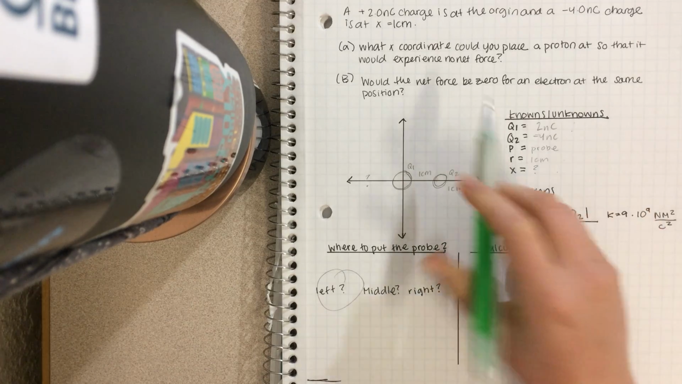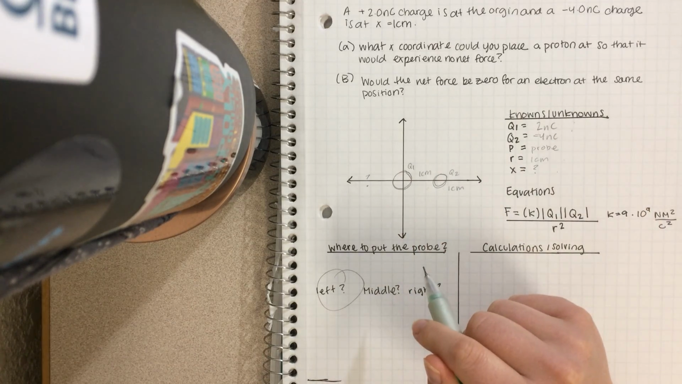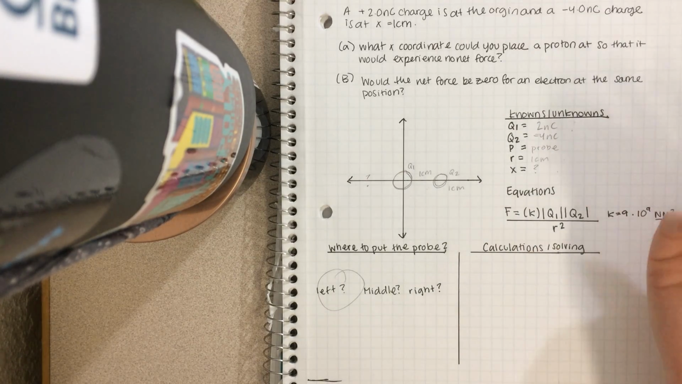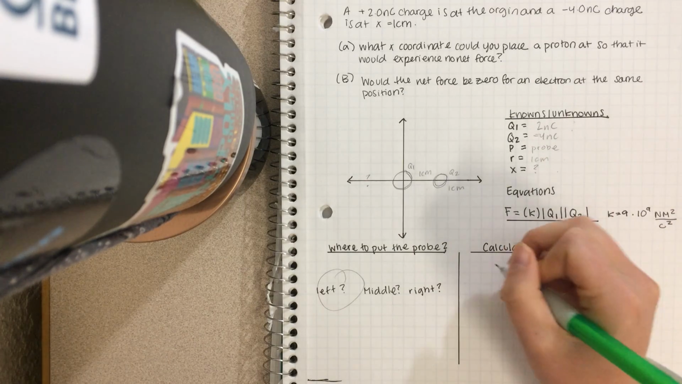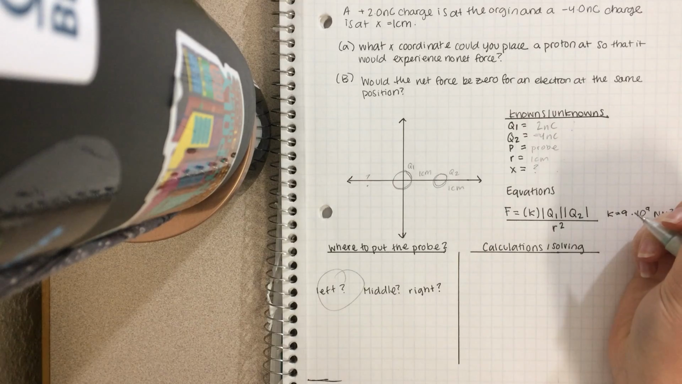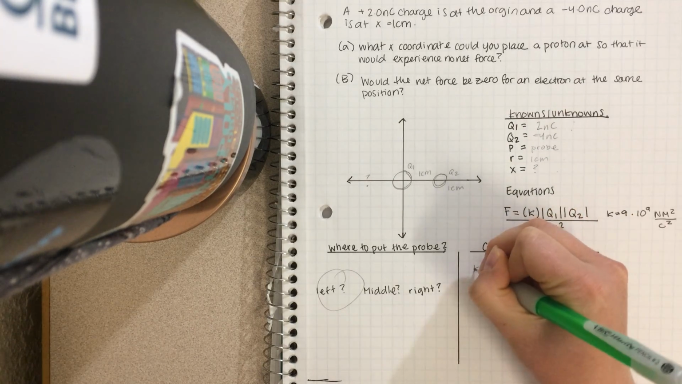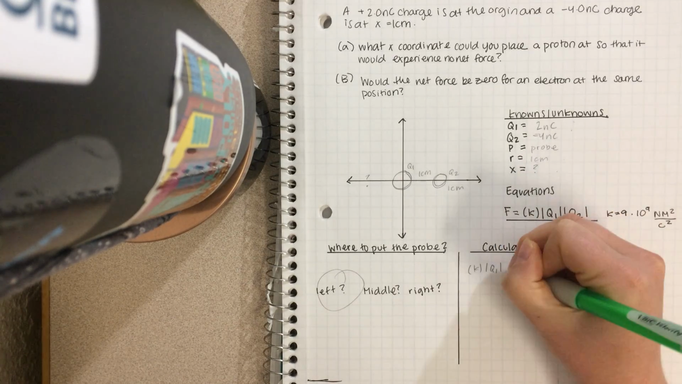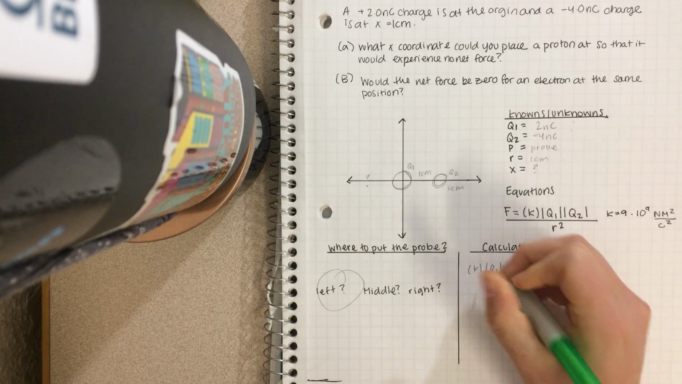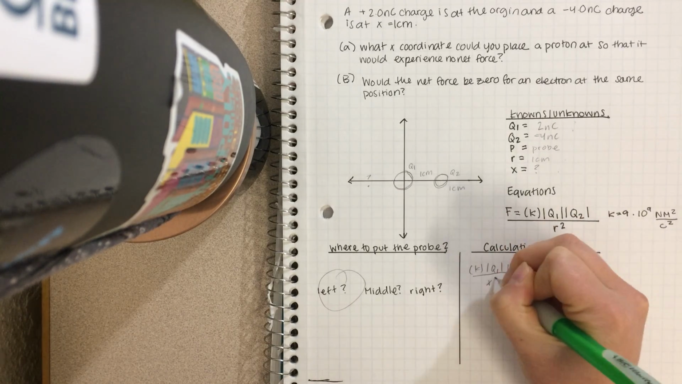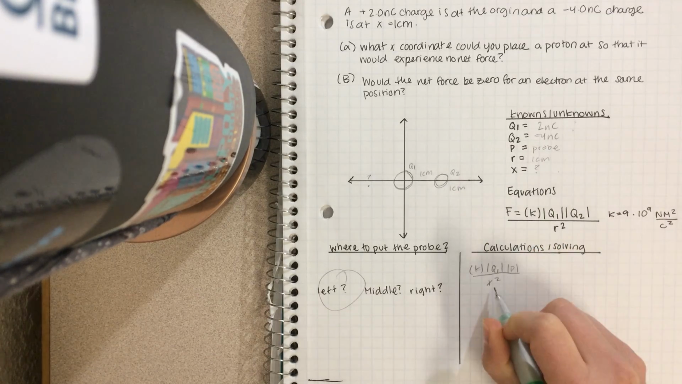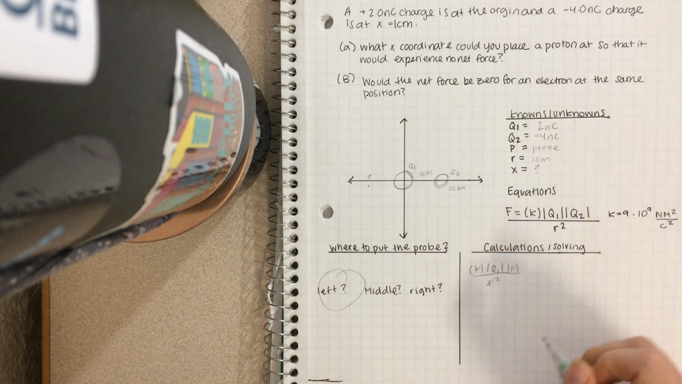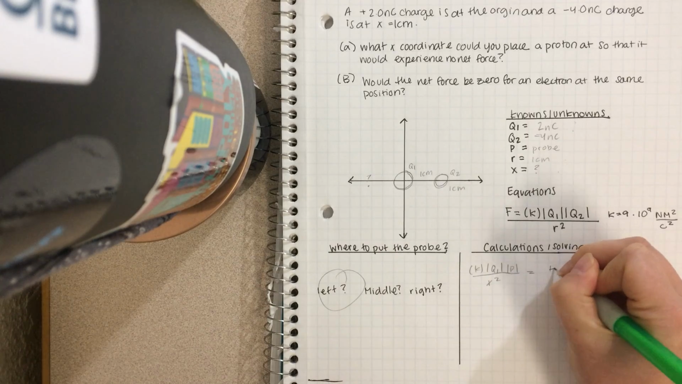Basically, we're looking for a place where there's no net force. Another way of saying that is that we want the forces acting on the probe to equal each other, or basically the net being 0. So I'm going to write that out as two equations. The first equation is going to be K, absolute value Q1, times the absolute value of the probe, divided by x squared, because again, the location is to the left of Q1. And that's going to equal K